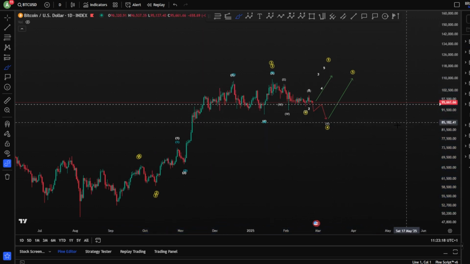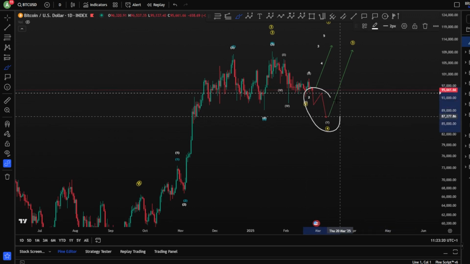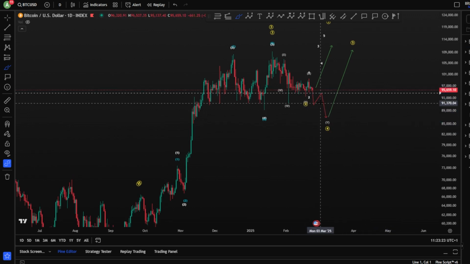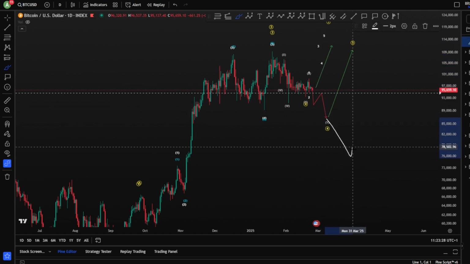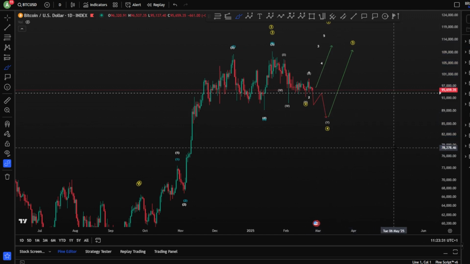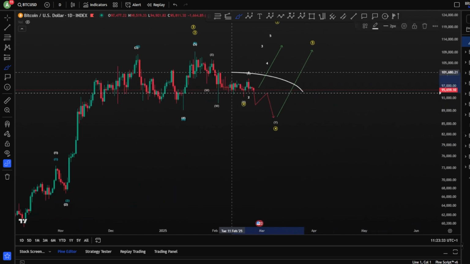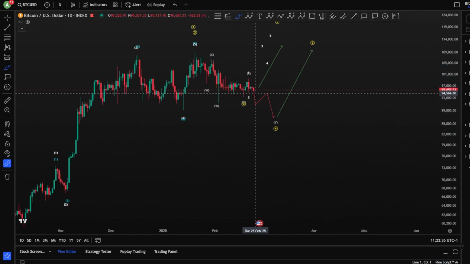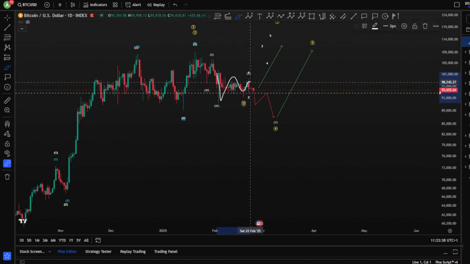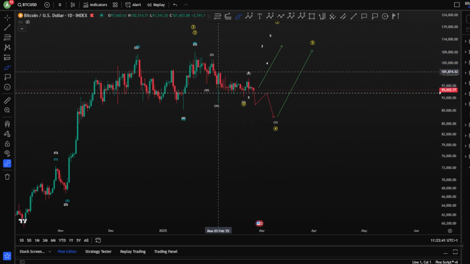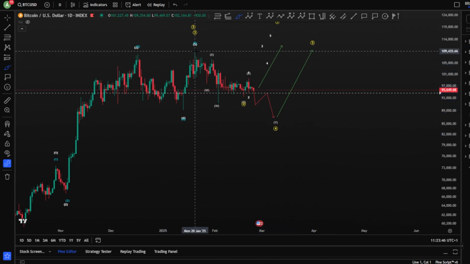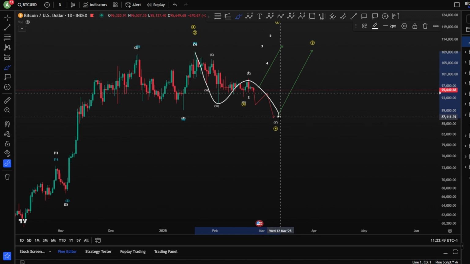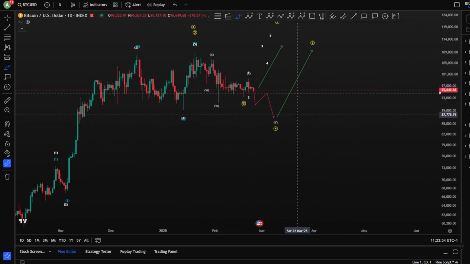What matters, of course, is what we are going to get. Are we going to get, for example, a deeper wave 4, or are we moving toward the upside directly, or probably even continuation toward the downside in the most bearish scenario? So these are the scenarios. The highest possibility is that after a triangle, probably moving toward the upside, or finishing one more leg as a zigzag toward the downside to move for higher prices, meaning you want to see this finish exactly as 3 corrective waves, and then, of course, be able to move for higher prices.